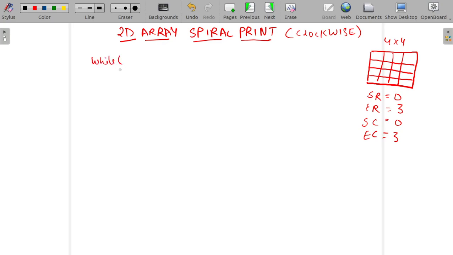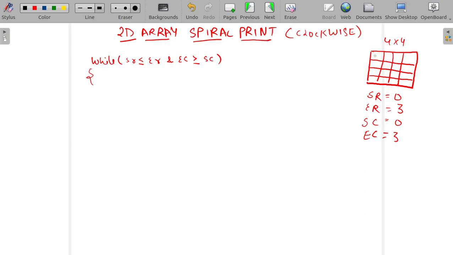In this while loop, what we will write is, start row is less than or equal to end row, and end column is greater than or equal to start column, right?